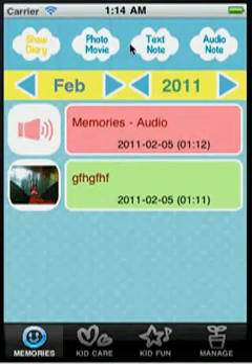One more feature that's worth mentioning here is we can flag some particular movie or a photo or a text note.